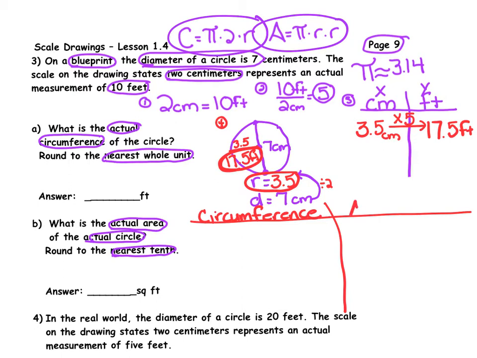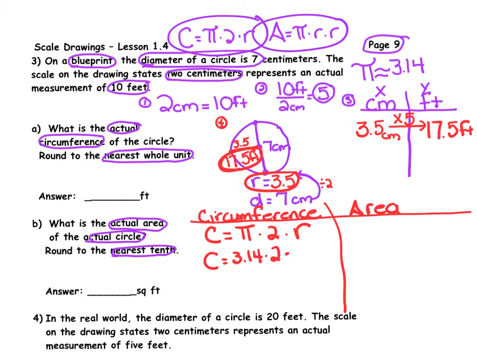And then we'll calculate the area inside the circle over here. For circumference, you're going to use C equals pi times 2 times r. Now we know that pi in this case, because we don't have our calculators with the pi key, we're going to use